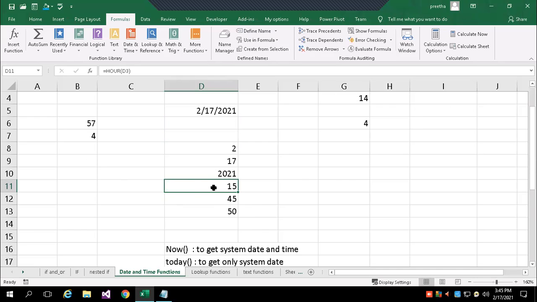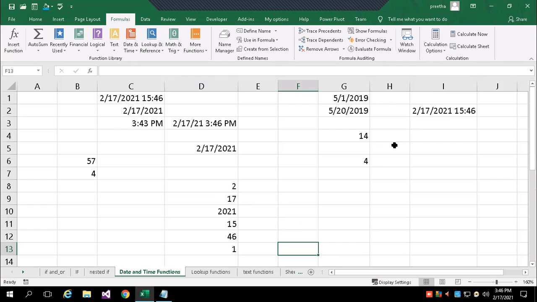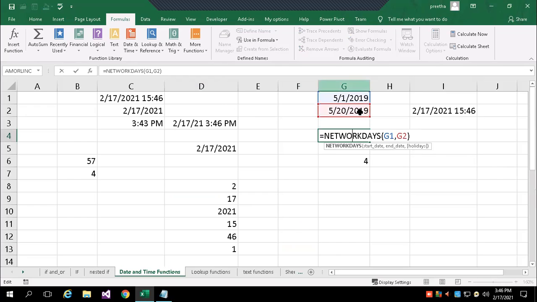You can see here, similarly, I used HOUR, MINUTE, SECOND. In the same way, I use NETWORKDAYS here. What is this NETWORKDAYS? Between two dates, how many days have elapsed, that you can find out.